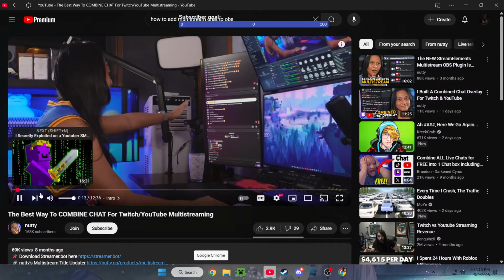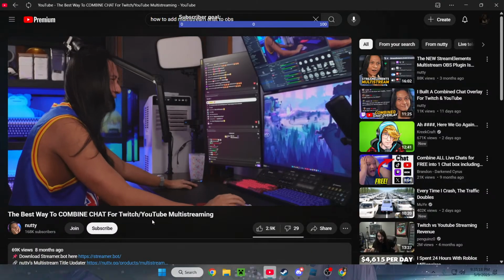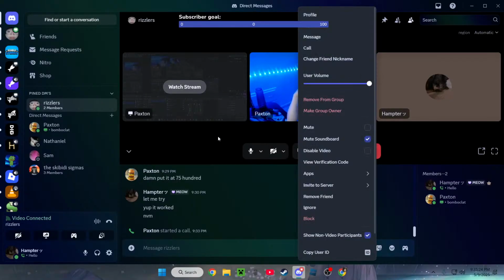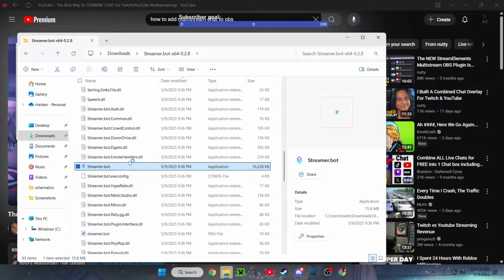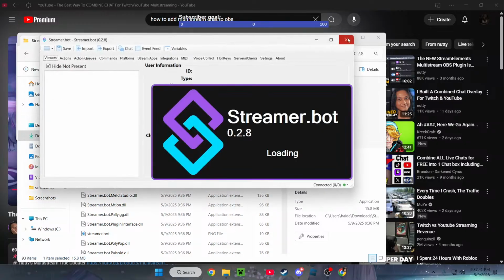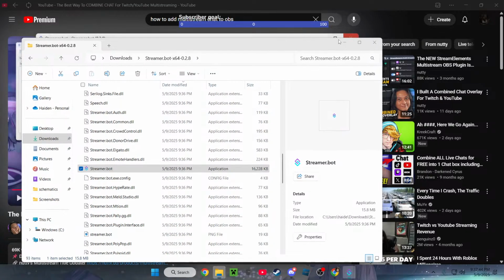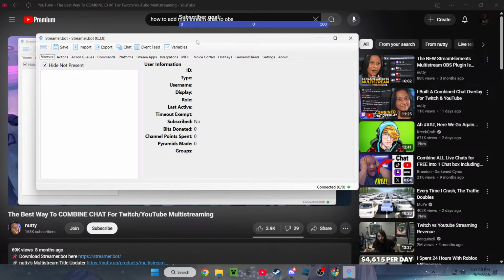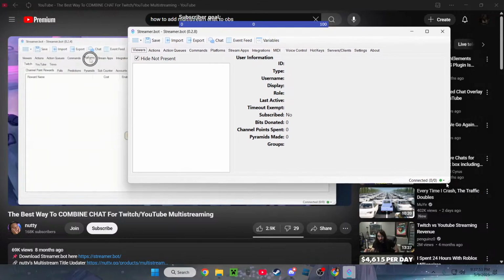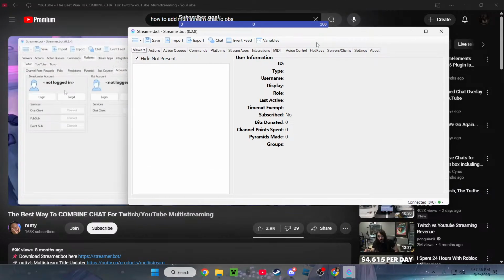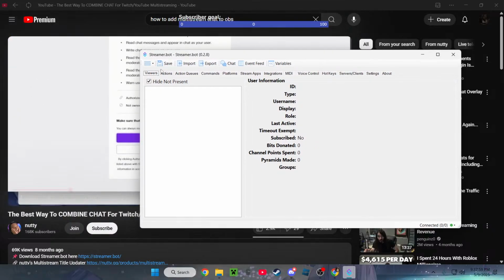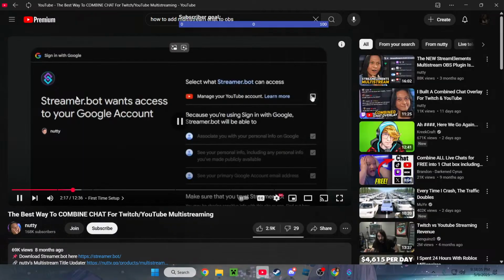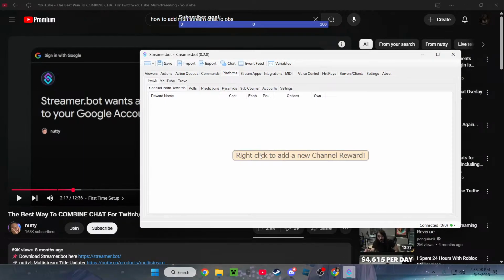Different platforms at the same time, especially because a lot of you have multiple YouTube streams now. In case you didn't know, you can stream in both horizontal and vertical aspect ratios. Yes, I know the UI doesn't look great, but we're only going to spend like 60 seconds inside of this white box, and then you don't have to worry about it anymore. So you just need to log in with your Twitch and your YouTube accounts. So head to the platforms tab, and then for the Twitch and YouTube tabs, just log in with your accounts there. Make sure for the YouTube account that you